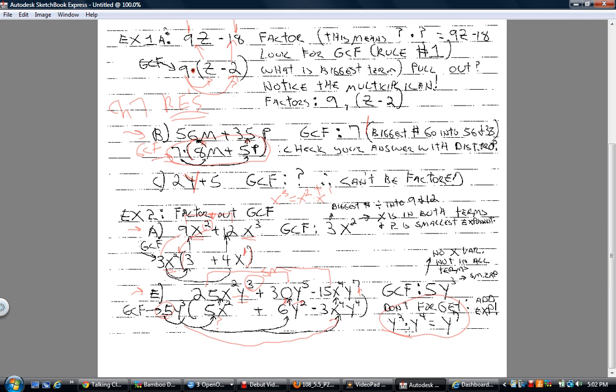Okay, we've done page 1. We're just getting started in section 6.1 factoring, so we got more work to do here. So I will see you on page 2, and we will do some factoring out